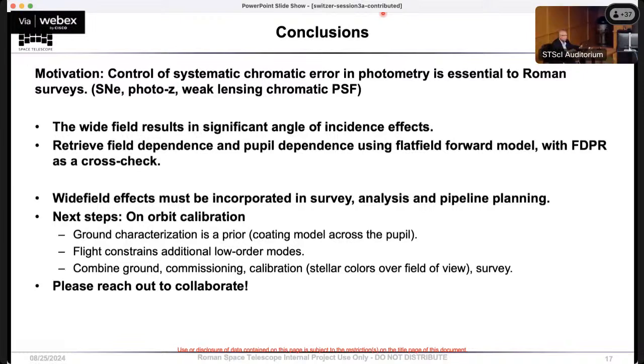This would be after correction. So the treatment of the variation across the field could be science dependent based on the survey, but generally through the flat field. But one area of ongoing work is to understand at what level of the pipeline the field dependence needs to be incorporated. I don't know if Stefano is here or would like to comment there also. Yes, Stefano has his hand up.